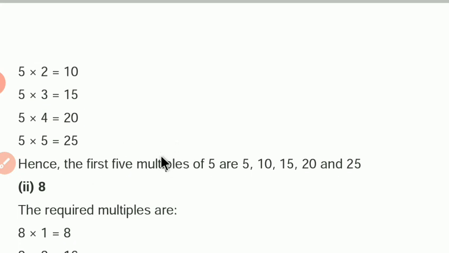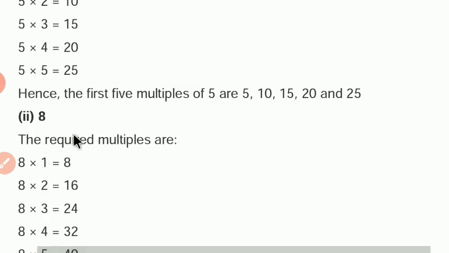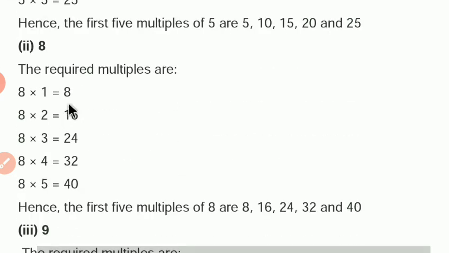So hence we can say that the first 5 multiples of 5 are 5, 10, 15, 20 and 25. Next one, 8. Which are the multiples? 8 1s are 8, 8 2s are 16, 8 3s are 24, 8 4s are 32, 8 5s are 40. It means we have to write till 5 because they asked about 5 multiples. So the first 5 multiples are 8, 16, 24,